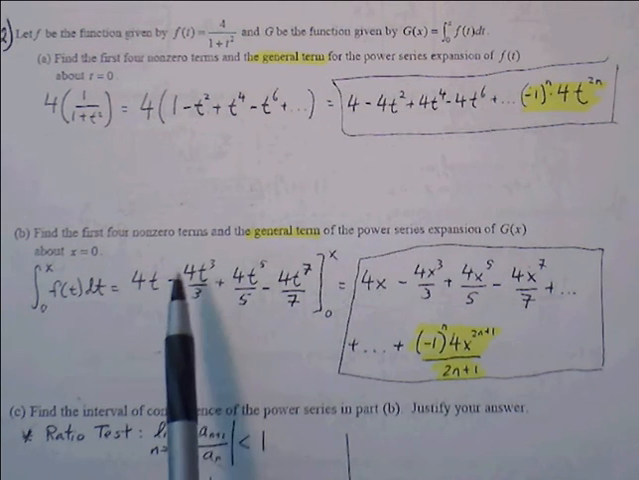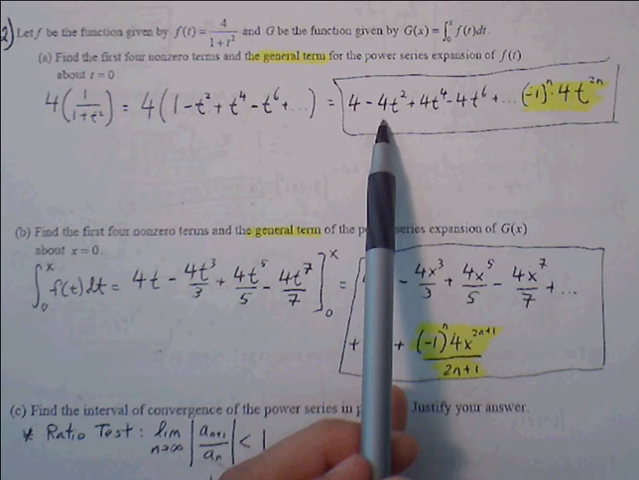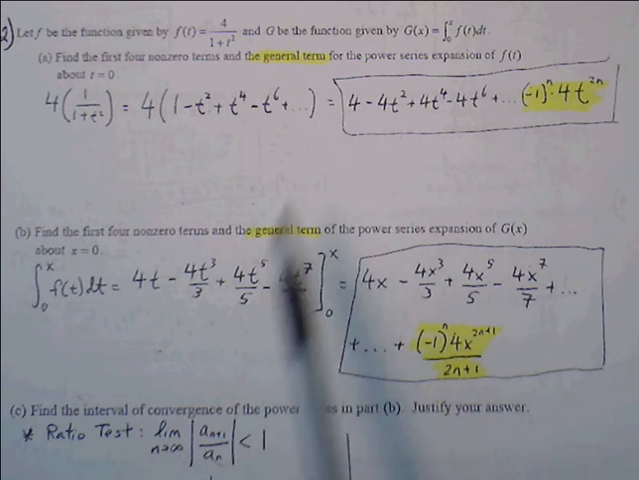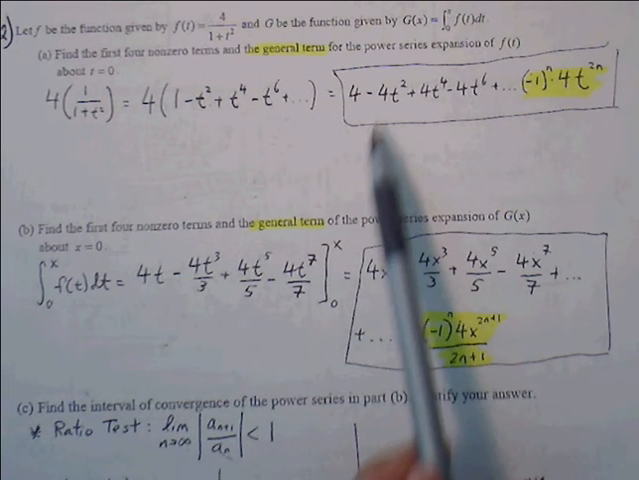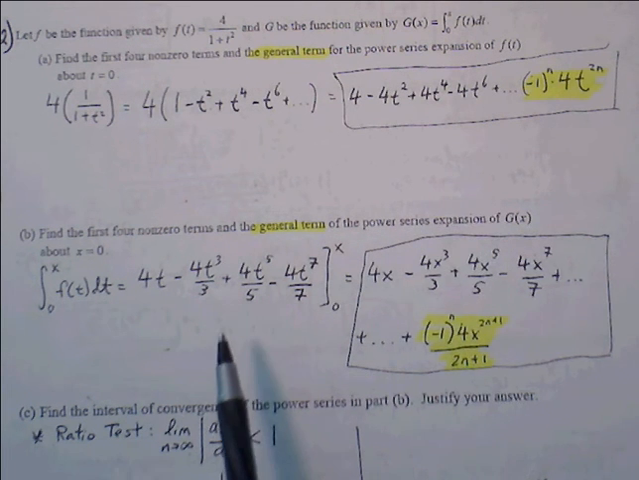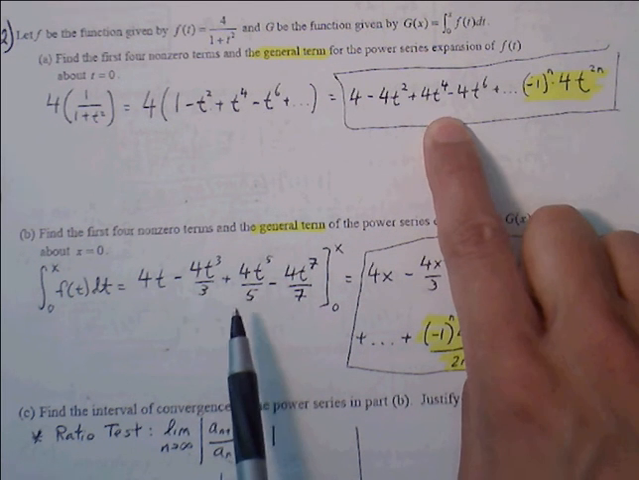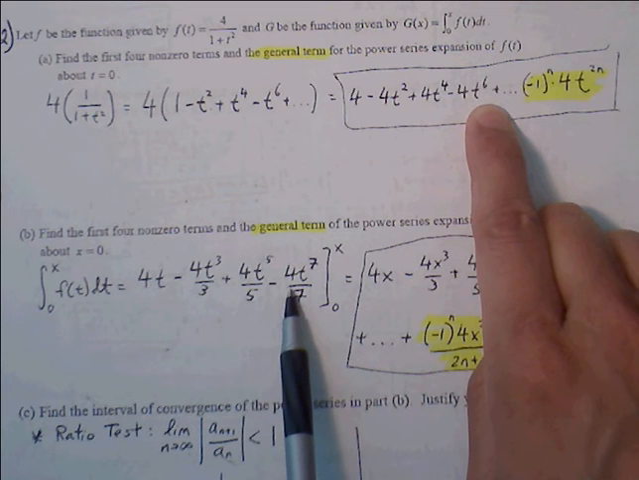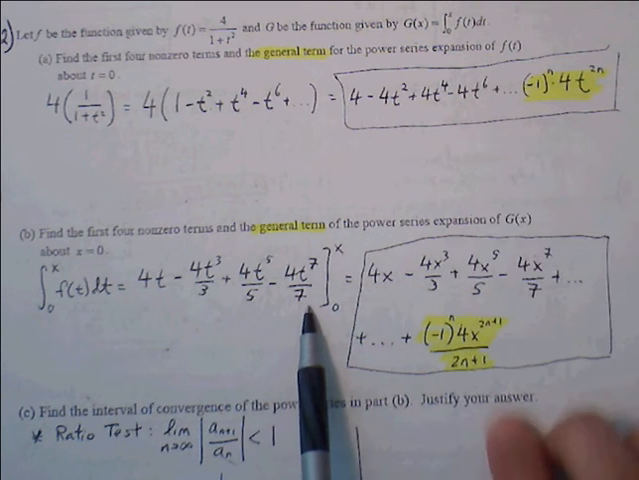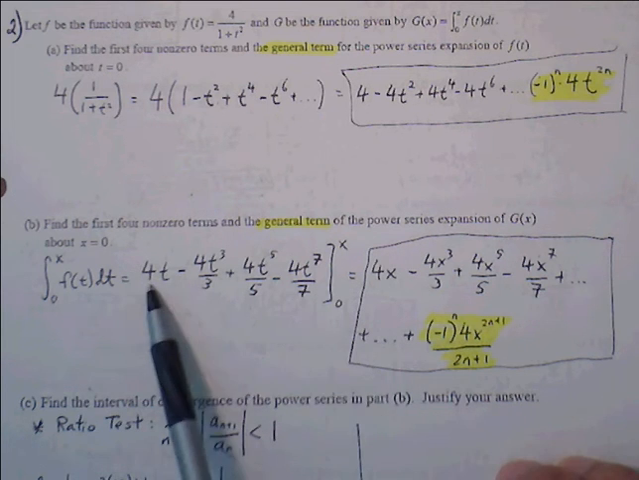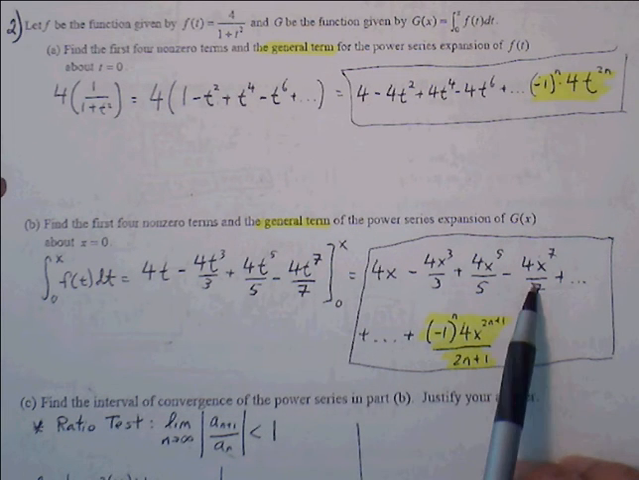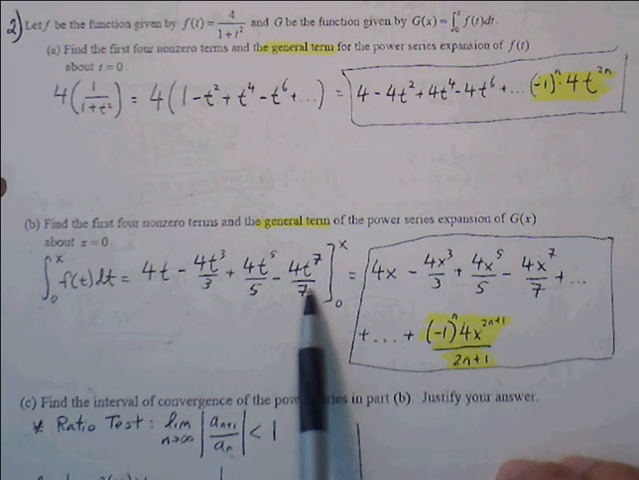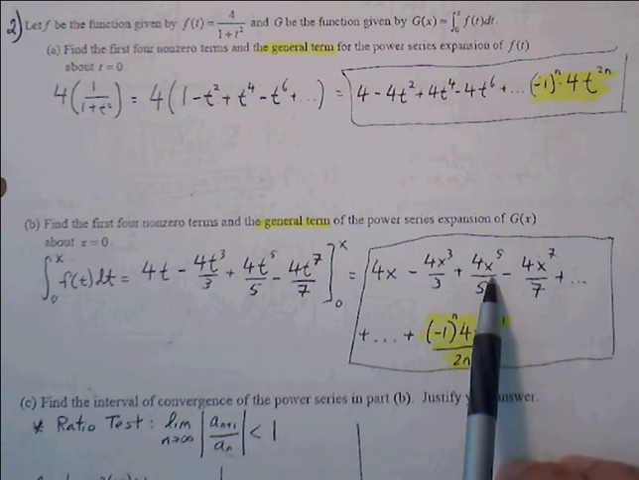So if we evaluate the integral of each of these terms, 4 becomes 4t, negative 4t squared becomes negative 4t cubed over 3, 4t to the fourth becomes 4t to the fifth over 5, and then negative 4t to the sixth becomes negative 4t to the seventh over 7. I'll plug in upper and lower bound. If I plug in x, all the terms get replaced with x. If I plug in 0, all the terms drop out. So here is my first